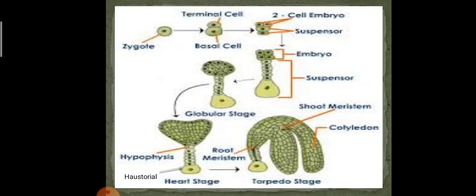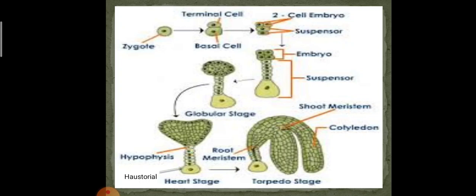With respect to that, we can observe the formation and development of divisions, and through those divisions the development of a globular embryo. So how does the globular embryo form? We can observe that when two longitudinal sections and one transverse section take place,